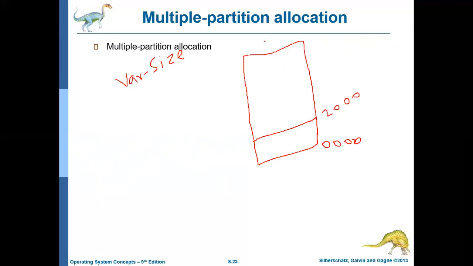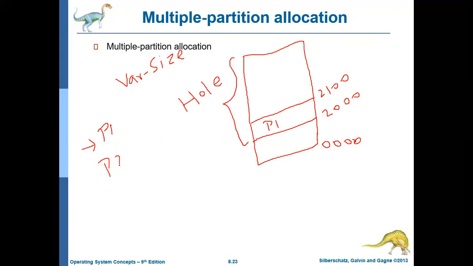Initially the entire memory will be free. This entire free memory will be considered as one single hole. When a process comes, it will just be added to the hole. Now assume process P1 comes and asks for 100 MB of memory. You allot the first available 100 MB. So P1 will occupy 2000 to 2100, that is actually 2000 to 2099. And then say P2 comes.